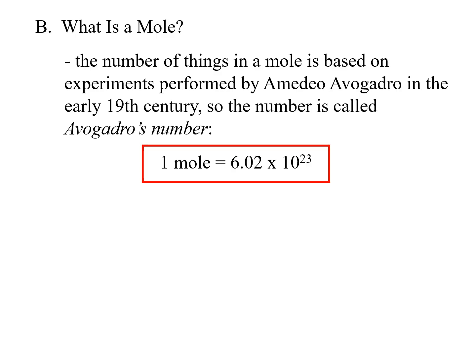If you take a moment and actually write this out as a number with all the zeros put in, this would be 602, and then 21 more zeros, because remember, the decimal place right here is going to be moved over 23 times, so it moves past the 0, the 2, and then we have 21 more zeros. 1, 2, 3, 4, 5, 6, 7, 8, 9, 10, 11, 12, 13, 14, 15, 16, 17,